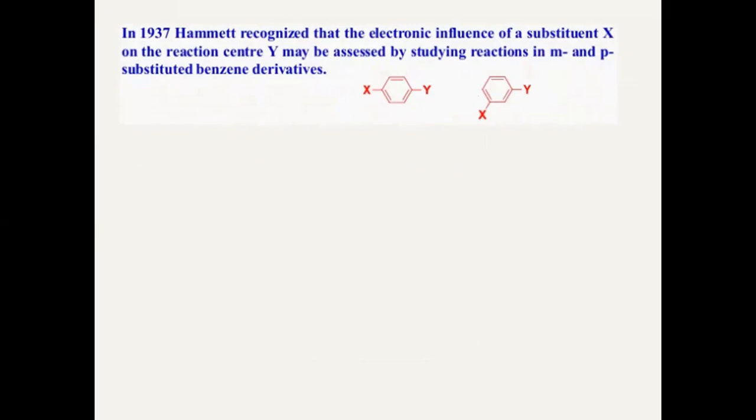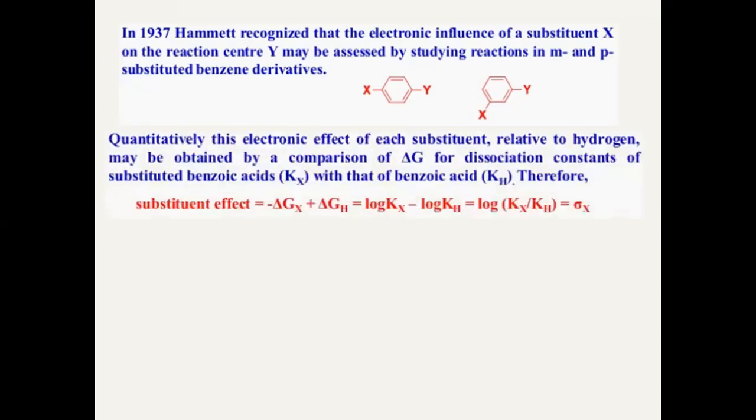And he studied only two positions, meta and para positions, and he completed that. And he has given the very important relationship between the Hammett constant and different substituents present. In fact, Hammett found out quantitatively the effect of different groups, or we can say the electronic effect of each substituent. Quantitatively means which substituent is how much strong.